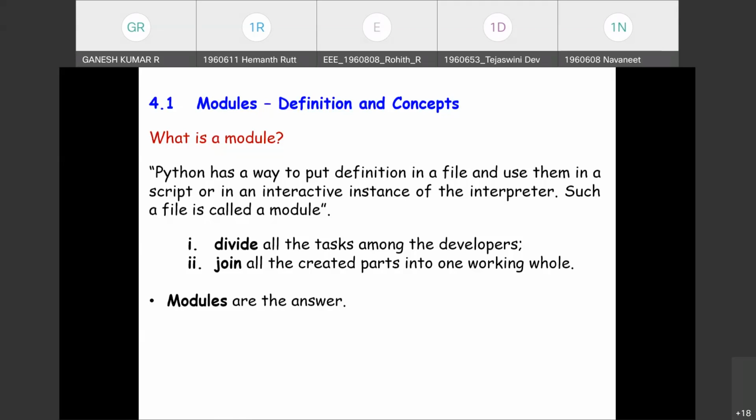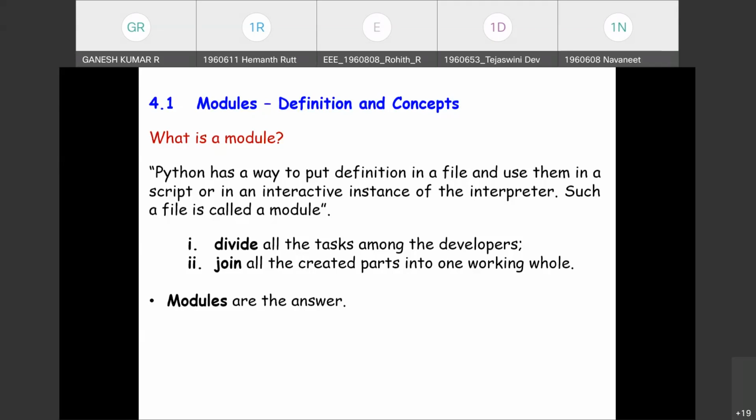This module will be helpful when the task is large and difficult to solve as a whole unit, when it becomes complex. So the easiest way is to divide and partition it into different tasks among a team of developers, and each could be solved independently.